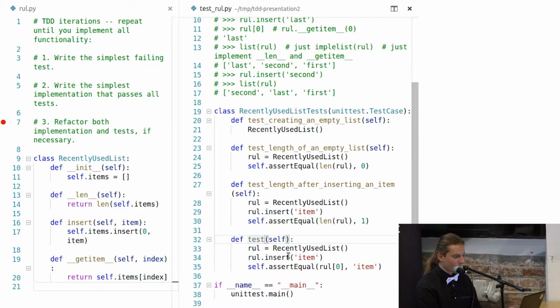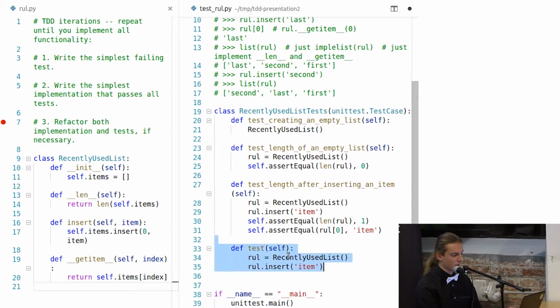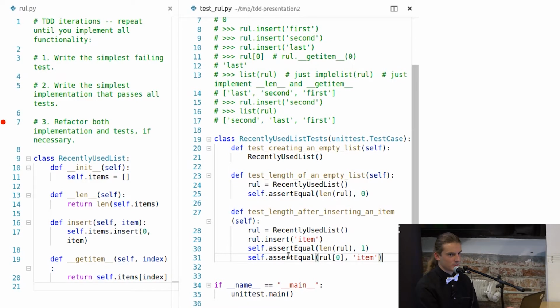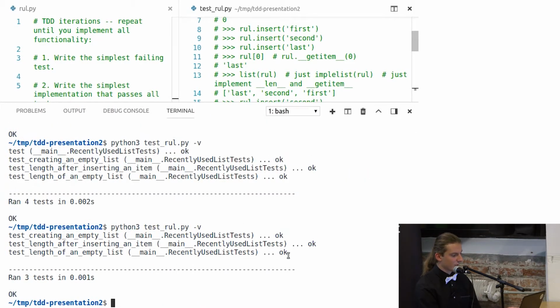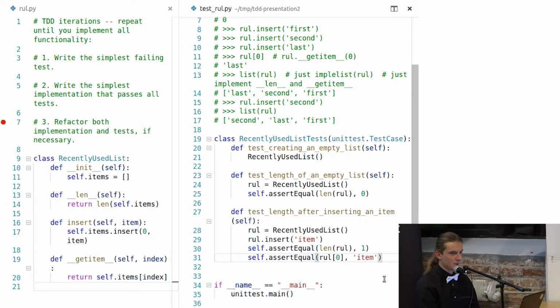And yes, we can rename it. Maybe test storing. Or no. Okay, we can actually merge the two last tests because they differ only in assertions, so it's not a bad idea. It's still easy to maintain this kind of test, even if we have more than one assertion in a test. Now I make sure that everything still works. Anything else? The name should be, yes.